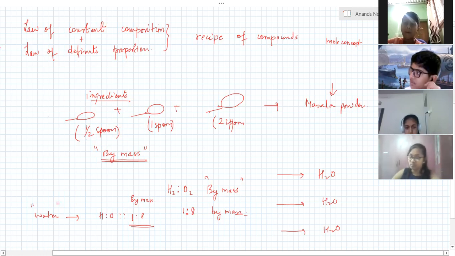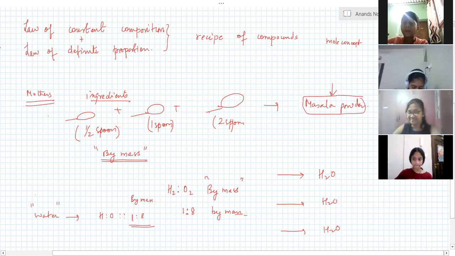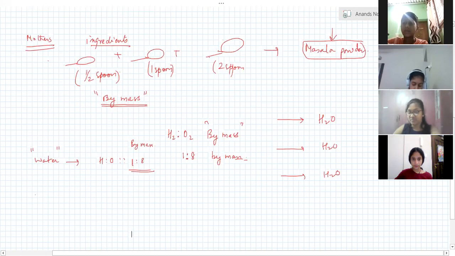These are like our mother's, auntie's recipes for making rasam powder, sambar powder, coffee powder, all that stuff. This is nature's recipe for making the compounds. Then you will say, how do I remember all these things? It is so difficult. No, it is actually quite easy. If you take, for example, carbon dioxide, what you need to do is take each element's atomic weight and write it. Carbon, for example, we know is 12, isn't it? What about oxygen?